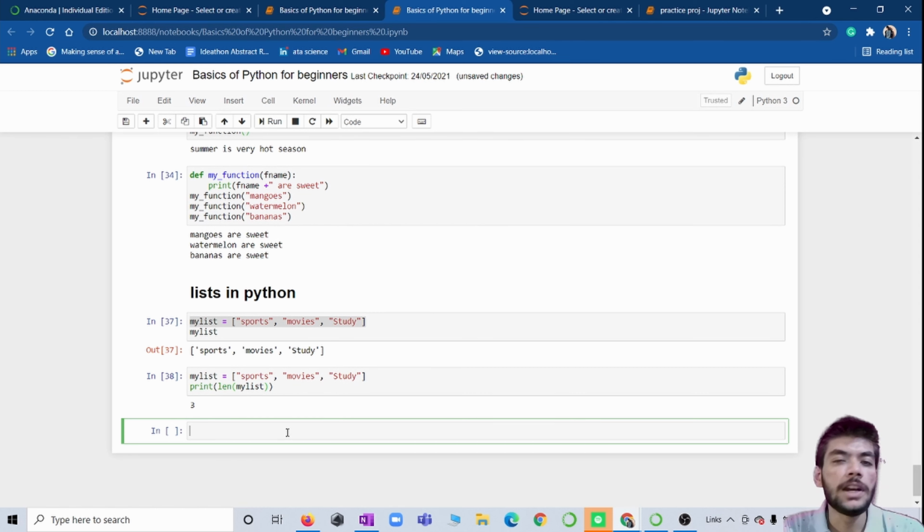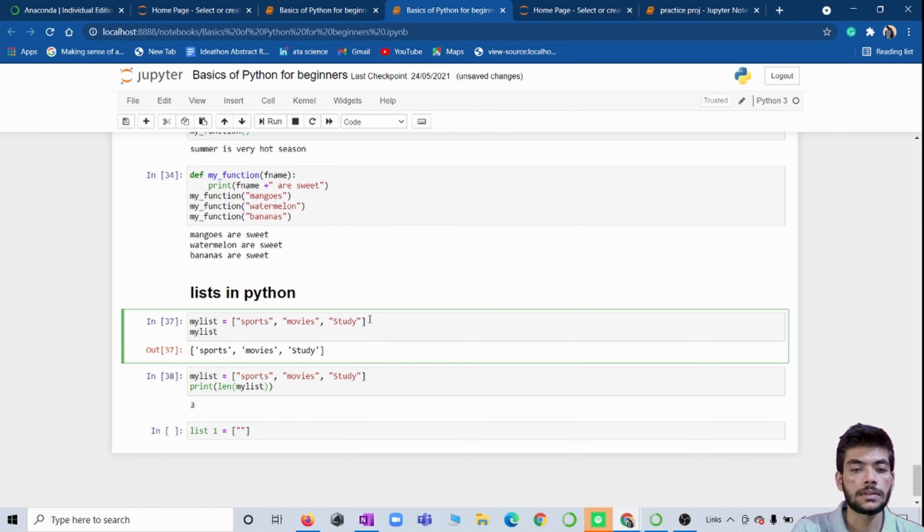We can also create multiple lists in Python. Let's see the example. I will create two to three lists, that is list 1. Make sure you are typing the list in square brackets. I will write different sports like this.